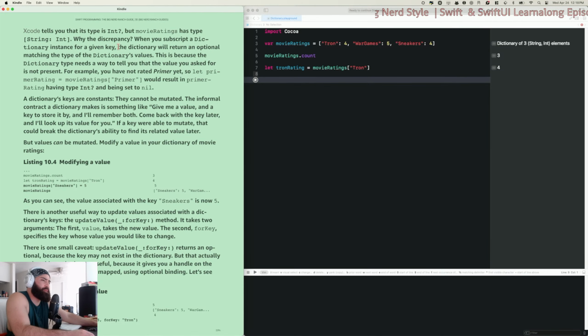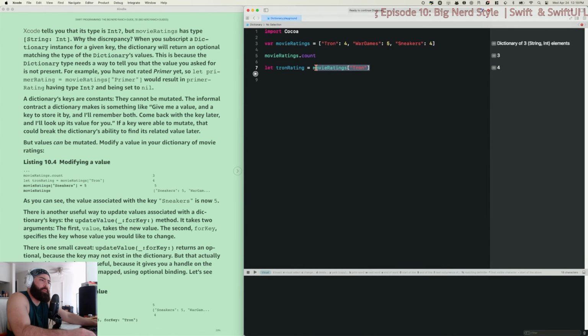When you subscript a dictionary instance for a given key, the dictionary will return an optional matching the type of the dictionary's values, right? This is because,